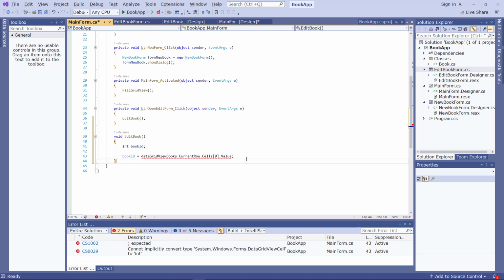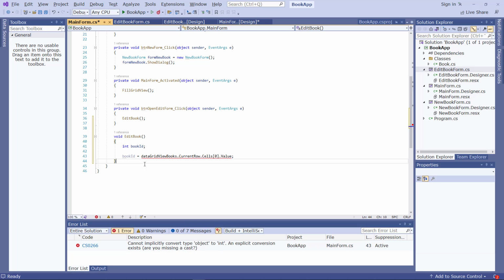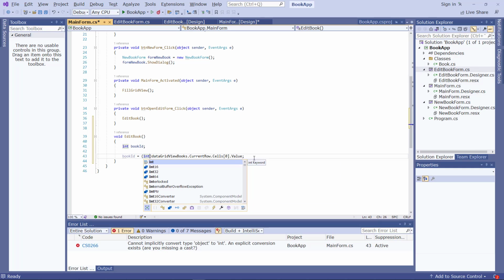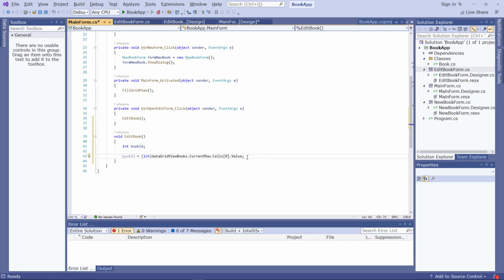Also, since we need to convert it to an integer, since we have created this book ID as an integer variable, we just cast it by typing int like this. So now when the user clicks in the data grid view on a specific row, the specific book ID will be put into the book ID variable,